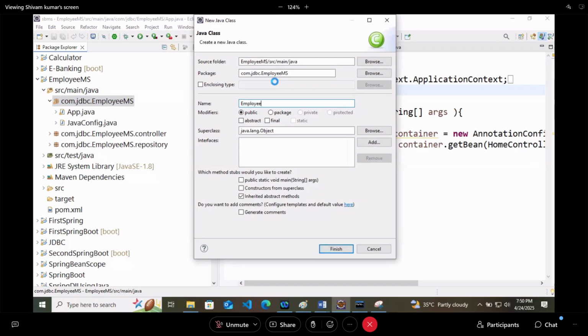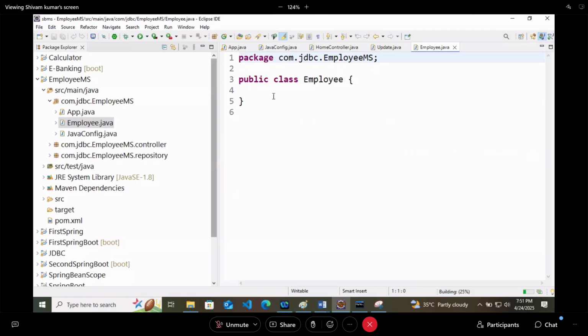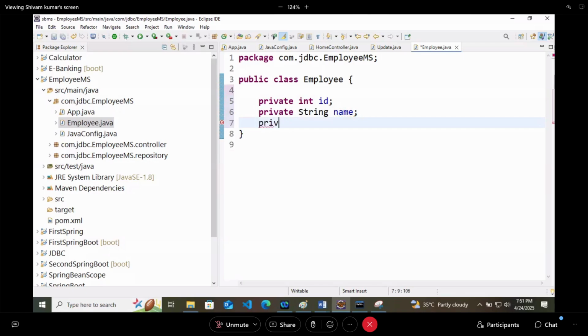So I have created one employee class. Now this employee class is having some private fields. So something like this: private int ID, private string name, private string mobile number, private string email, and at last private int salary.